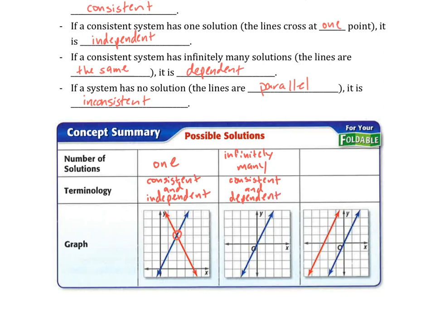Okay, and then finally we have these two lines that are parallel, they never cross, so there are no solutions, and the system is inconsistent. Okay,